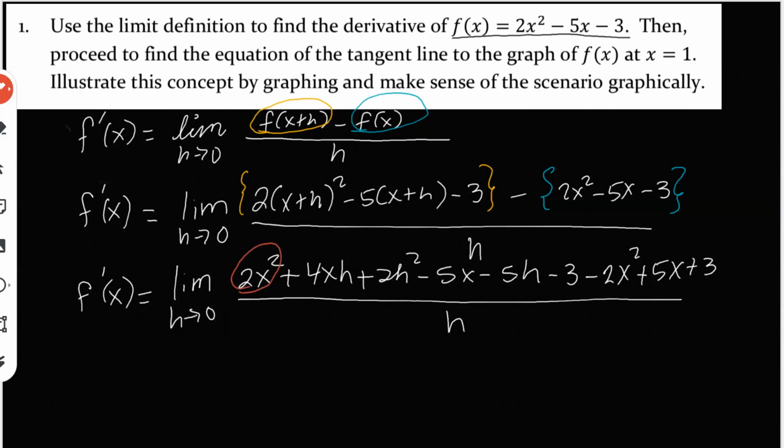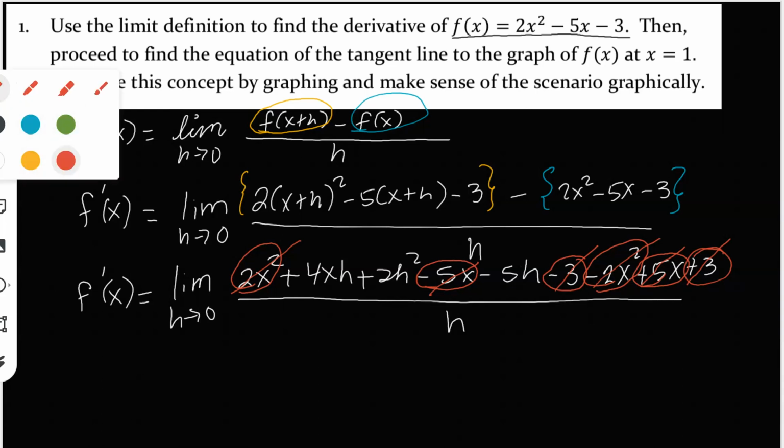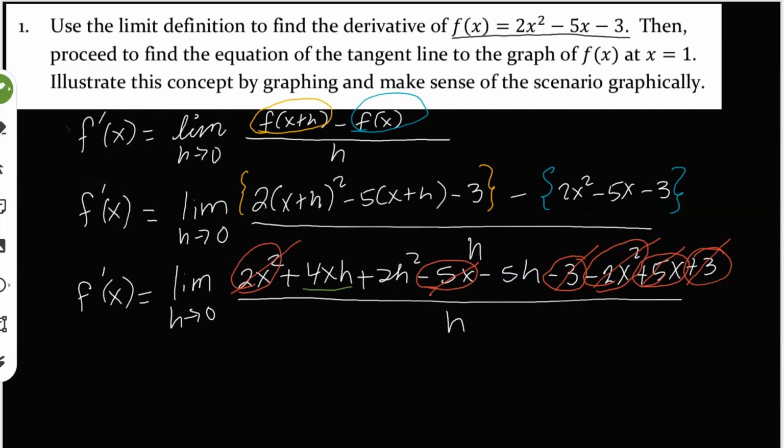And again, the beauty of this is a bunch of things are going to cancel out. For example, 2x squared minus 2x squared is 0. Negative 5x plus positive 5x is 0. Minus 3 plus 3 is going to zero out. So you'll have all the things that have an h in them: 4xh, 2h squared, minus 5h, and then you are going to divide by h. So everything divided by h,